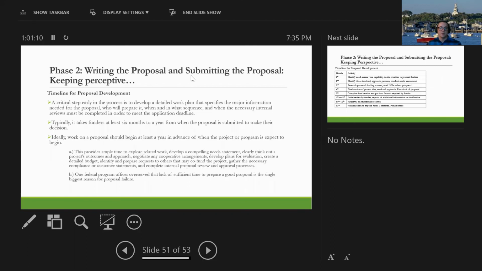And so writing the proposal and submitting the proposal, keeping that timeline in terms of the proposal, I'm not going to get you bogged down in this too much. It's just make sure you've really identified that some proposal applications can have deadlines before the final deadline. Just keep those in mind, make sure everybody's on board.